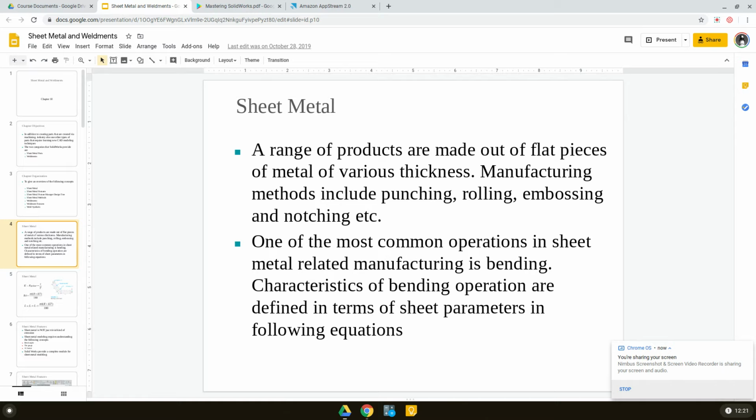Before we start working on today's tutorial, I would like to talk about a quick overview of sheet metal. Sheet metal is basically flat pieces of metal. They come in various thicknesses. There are many parts that are made up of sheet metal. Some examples: your car body is made up of sheet metal, and your roof is sometimes also made up of sheet metal. So various parts that are made out of flat pieces of metal that come in various thicknesses can be classified